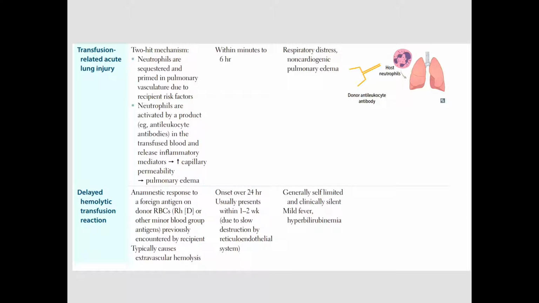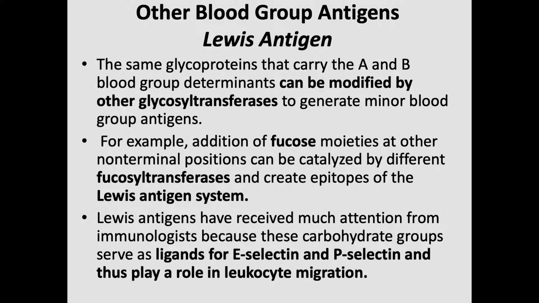Beginning from around 24 hours, there is a gradual decrease in red blood cells, and a gradual increase in unconjugated bilirubin, and there may also be jaundice and so on. So you need to also remember these donor red blood cells can carry antigens of rhesus or minor blood group antigens. Okay, delayed hemolytic transfusion reaction. Also, we do have Lewis antigen. If you may remember, Lewis antigen